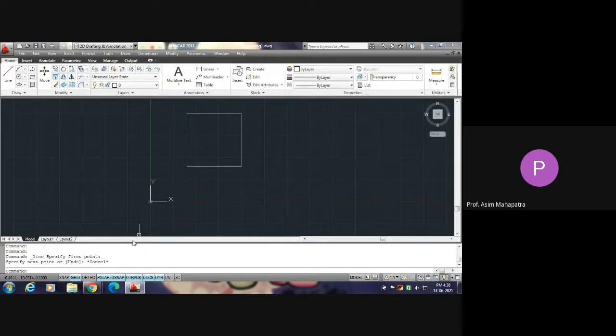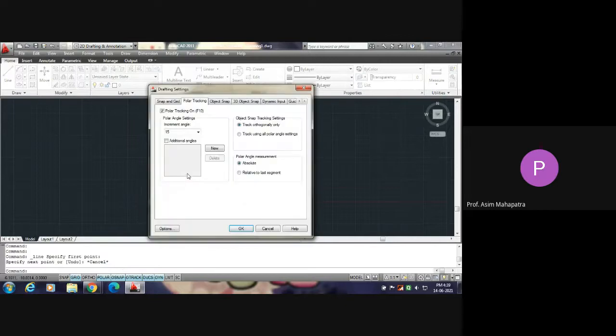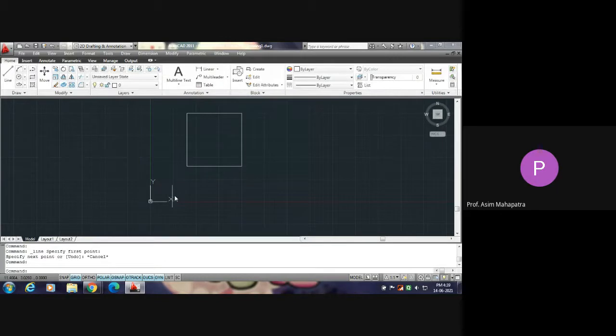I'm showing you how it can be changed. Right click on the polar menu. Then you see the 15 has been tick marked here. You enter into the setting, click on setting. You'll see the incremental angle is there. I have put it 15. If I make it 30 degree, it will show only the multiple of 30 degree.